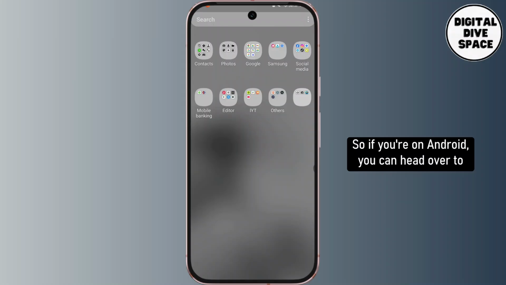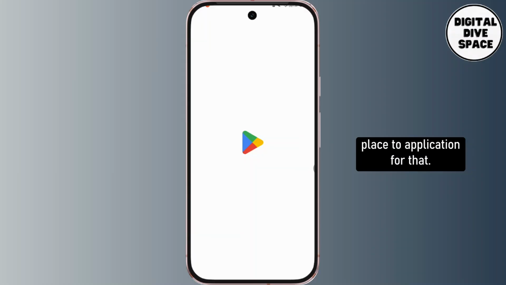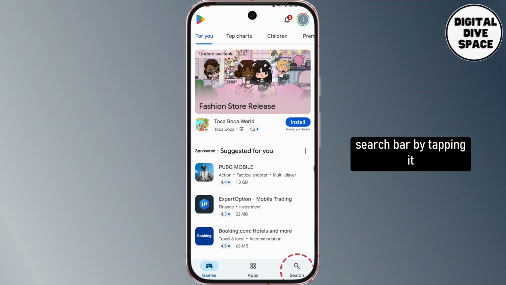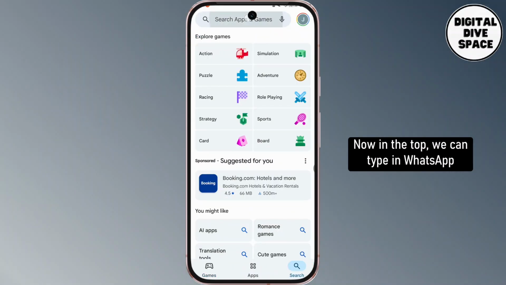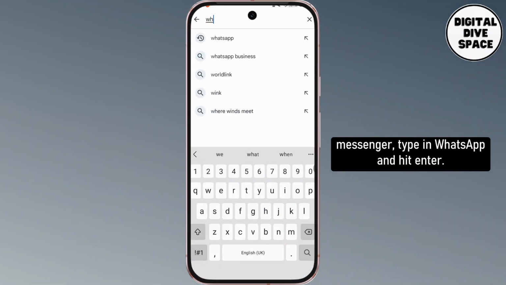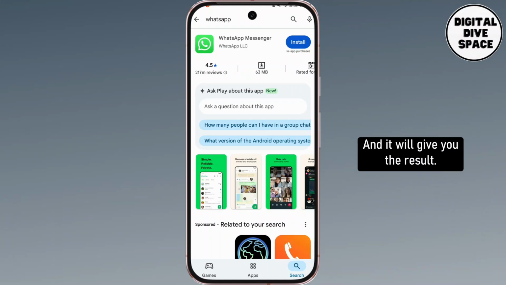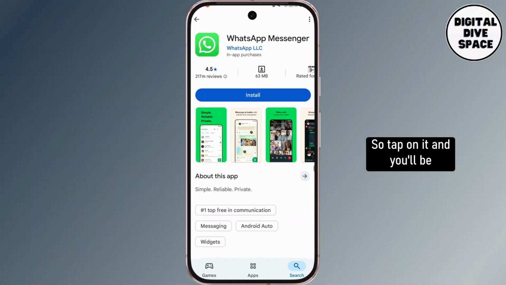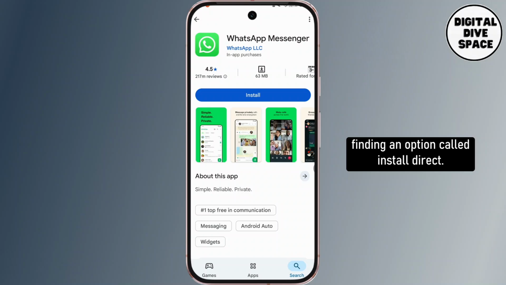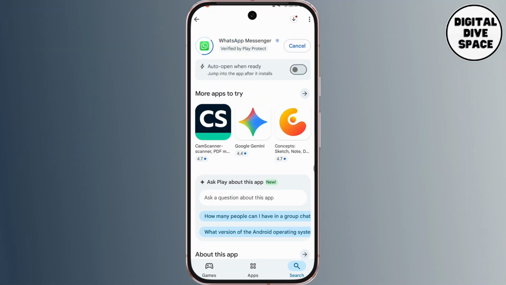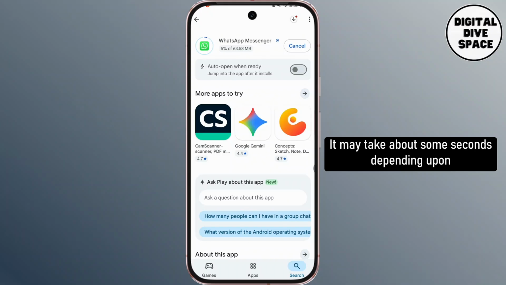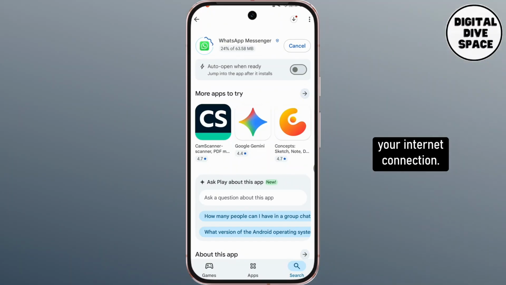So if you're on Android, you can head over to the Play Store application, and we can directly go ahead and open up the search bar by tapping it on the bottom right corner. Now in the top we can type in WhatsApp Messenger, type in WhatsApp and hit enter, and it will give you the result. We need to download this one right here from WhatsApp LLC. So tap on it and you'll find an option called install directly. So go ahead and tap on that option called install, and after you do so you can wait for the download to be completed. It may take some seconds depending upon your internet connection, and while this is happening